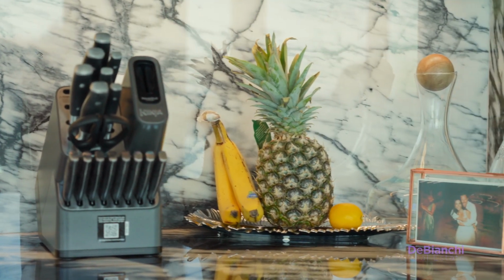Welcome to my dream kitchen. And yes, we actually keep this as clean as it's looking right now and as clutter-free as it's looking right now, because we really want to showcase the main event, which is the marble. This marble took me a while to find, but once I found it, it was love at first sight. It has this lightning bolt feature, some tree branches. I thought it felt very organic and earthy,